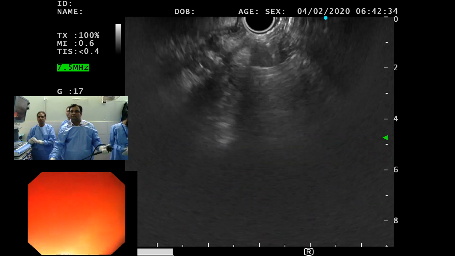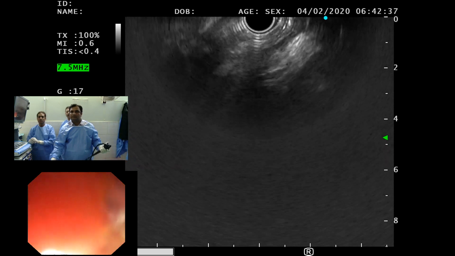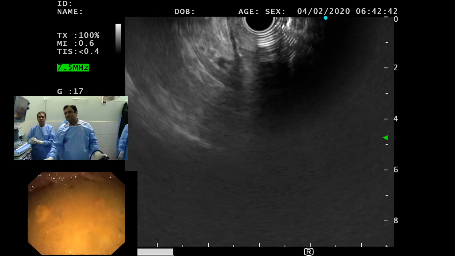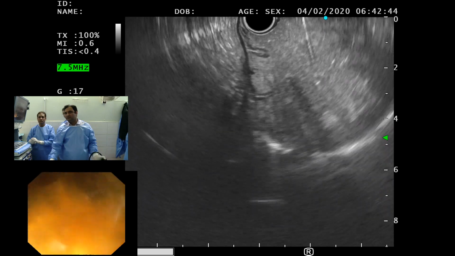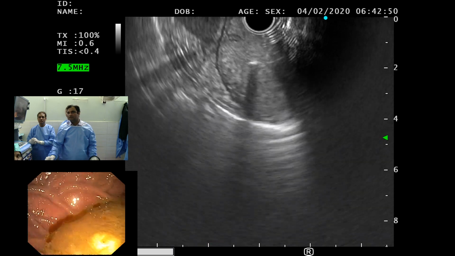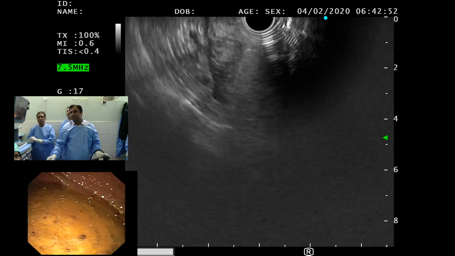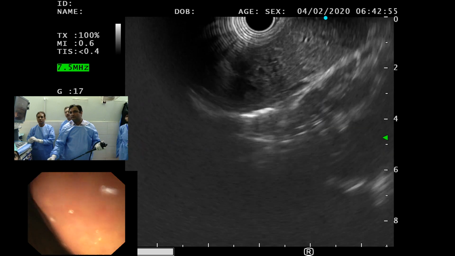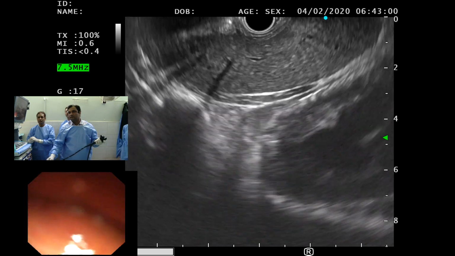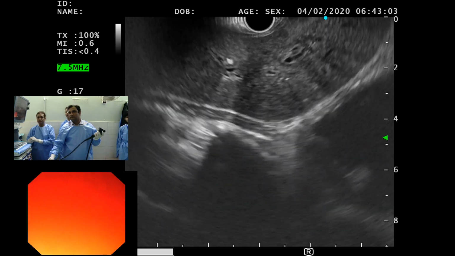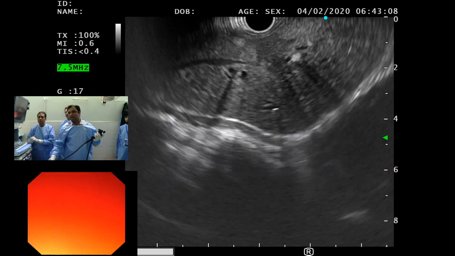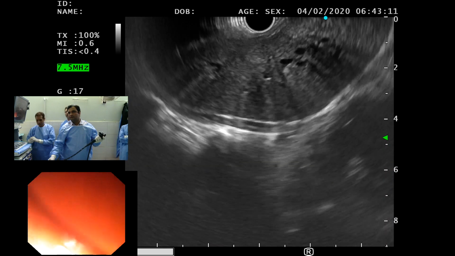One can see that there are certain erosions in the inner lining of the esophagus. Now, he has gone inside the stomach. This is the EG junction. At the EG junction, obviously, first, this is station number 1 where he has to make an inspection of the left lobe of liver, and he can have a look at the other segments of the liver as well. And then turning to the aorta at this junction and looking at the tail and body of the pancreas. Now, one can see that the ducts, the biliary channels are dilated.